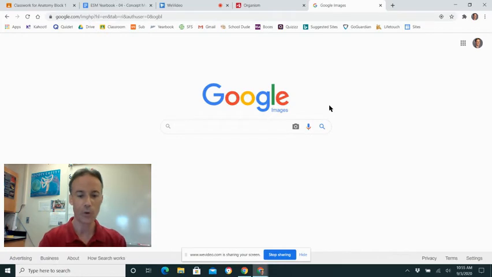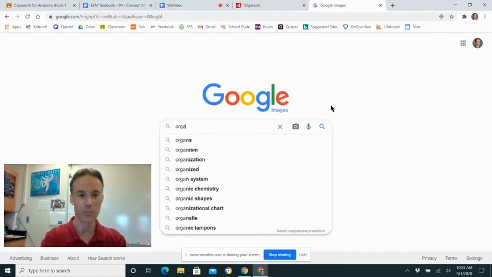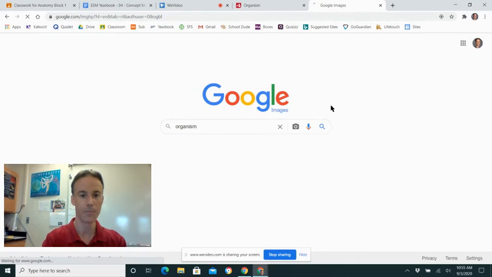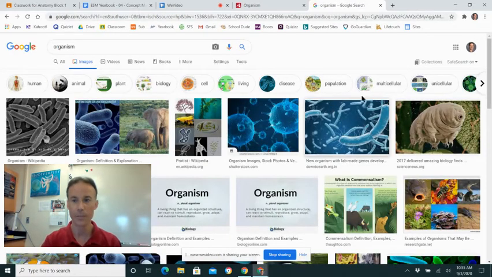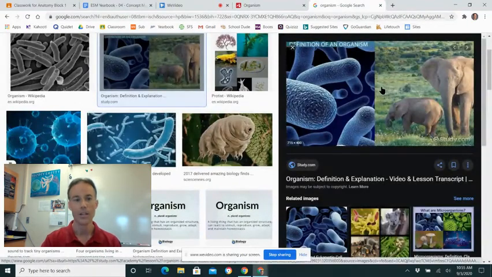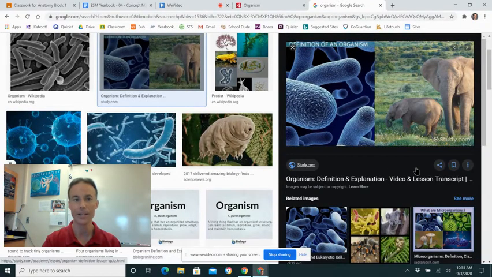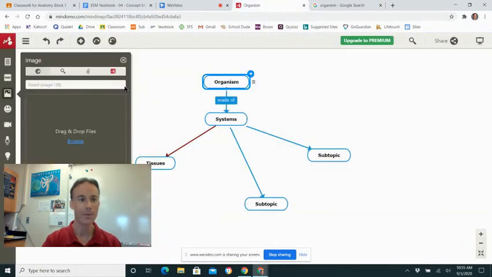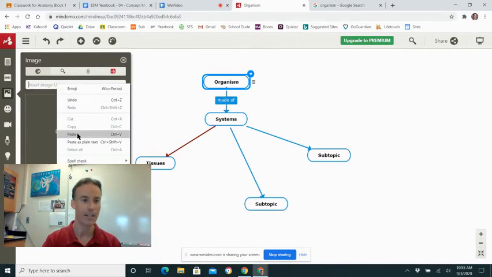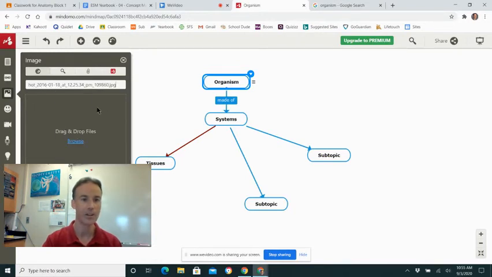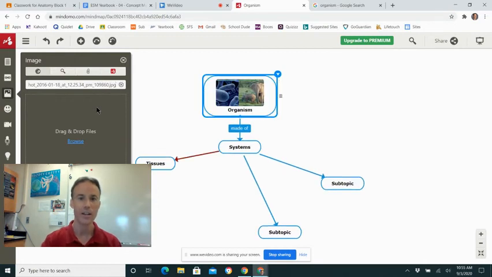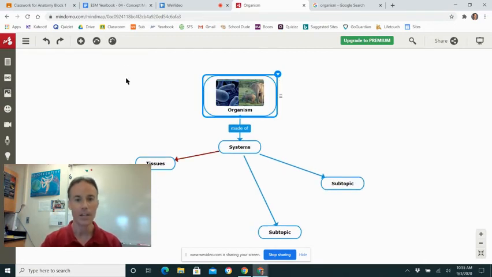So let's say I'm looking for organism. Let's type in the word organism. And here's some different examples. So let's say that I liked this picture for some reason. If you right click on it and you go down, it says copy image address. So I click that, I've copied it. I go back to my map, I click in the box here, I right click, and I click paste. Now I see an address appeared. When I hit enter or return, it will insert my image for me, and I will need to do that